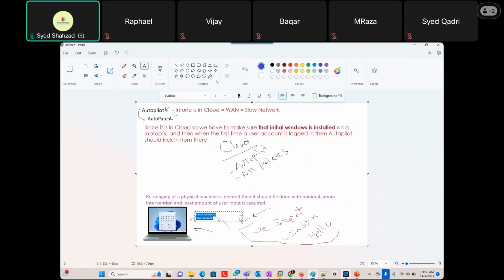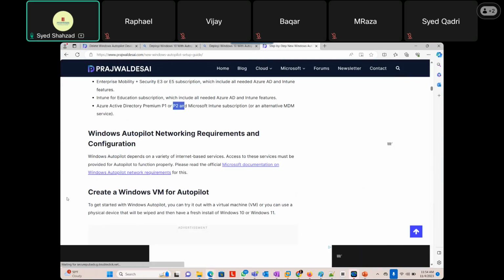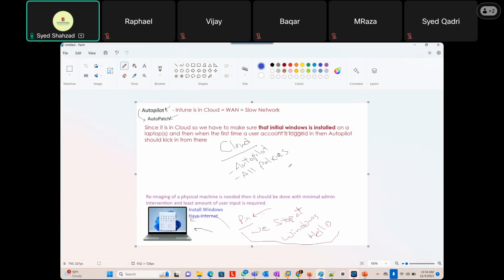We know that. It's Intune. Okay. So install Windows, have internet. That's all you need to do here. Yeah, that's it. So yes, you need internet and everything's coming from internet, policy-wise. But obviously, if you're saying, hey, I want an image to be downloaded from cloud, yes, that is also